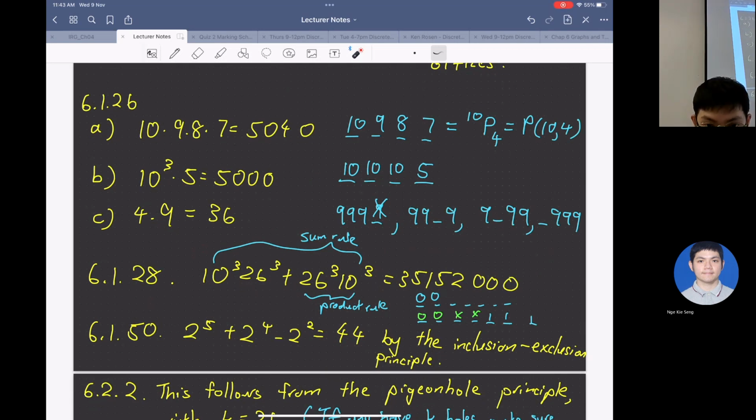6.1.50. How many bit strings of length 7 either begin with 2 zeros or end with 3 ones? So you have a string of length 7. Either you start with 2 zeros or you end with 3 ones. If you start with 2 zeros, a bit string only contains 0 and 1, right? So you have 2 choices in each place. Similarly for the end with